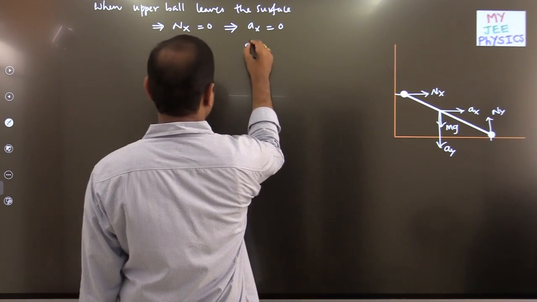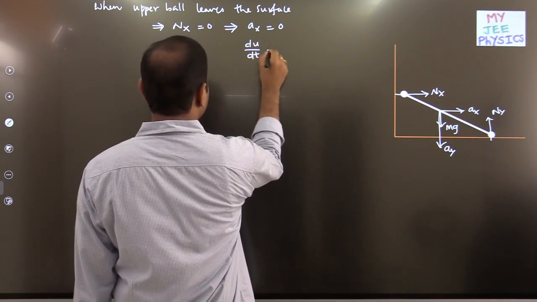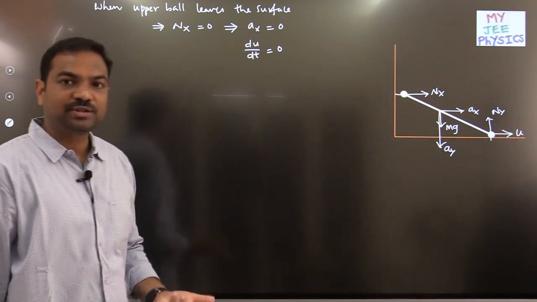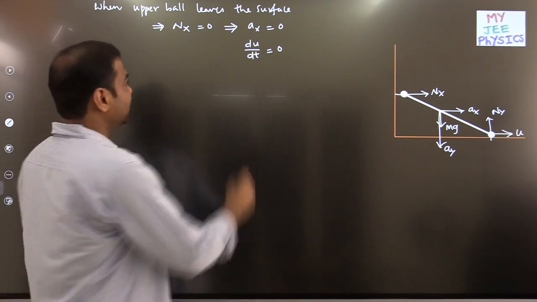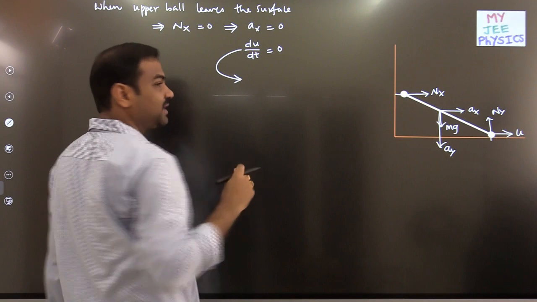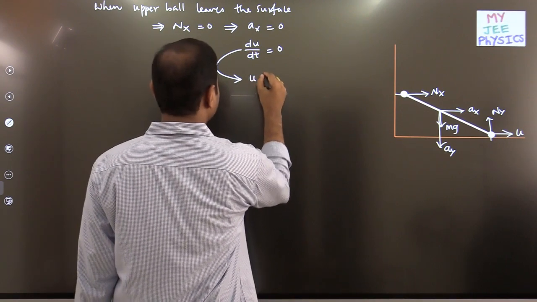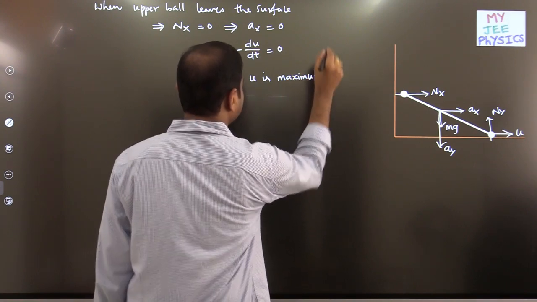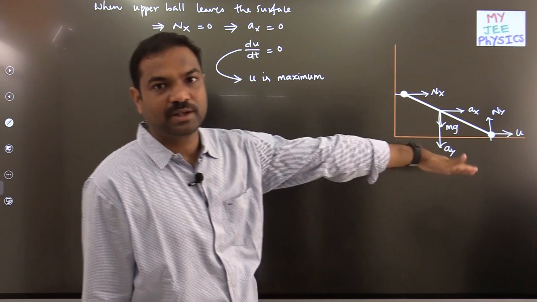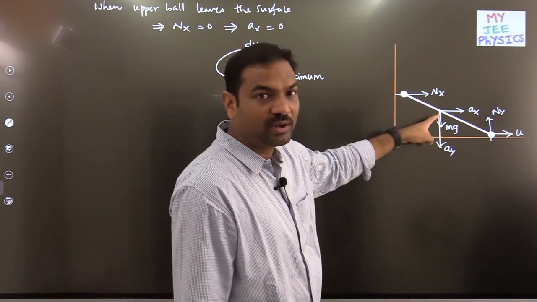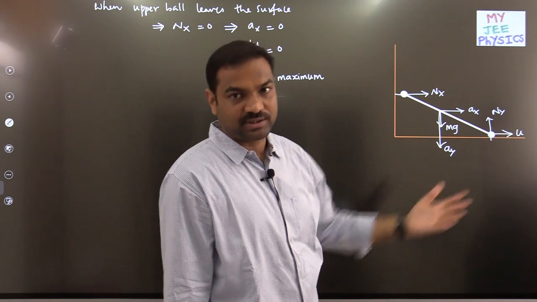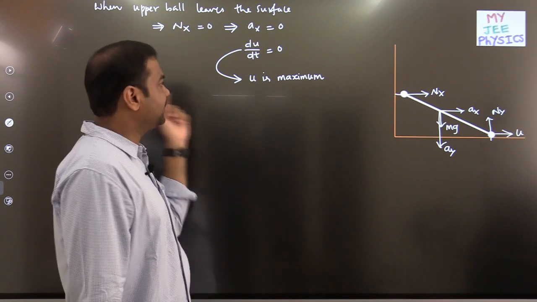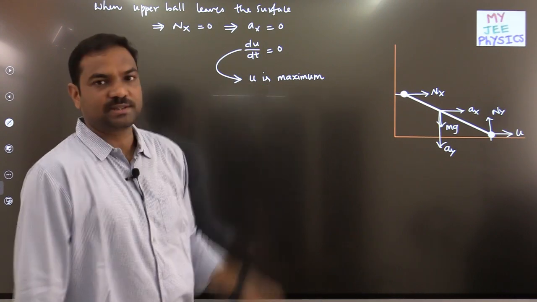Here we have one more logic with ax equal to 0. What is the meaning of ax equal to 0? du by dt is equal to 0, because I have taken the lower ball velocity as u along the x-axis. So du by dt should be 0. As du by dt is 0, the derivative is 0, which means u is either maximum or minimum. But according to the context, u is maximum, because as it is falling down the u value increases, and after leaving it will be falling under gravity, then the motion changes. Till here it is sliding on the wall, so as it slides down, velocity will increase. With that logic I am saying u is maximum.